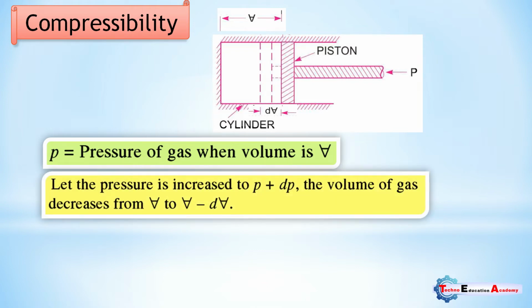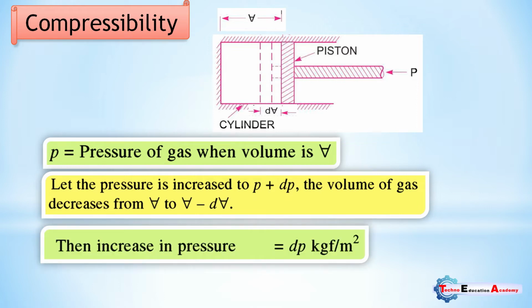Let the pressure increase to P plus dP, because we know the concept of gases: whenever we compress the gas, its volume will decrease and pressure will increase. So let us consider the increase of pressure is P plus dP and the decrease of volume is V minus dV. Then the increase in pressure dP is measured in kgf per meter square,